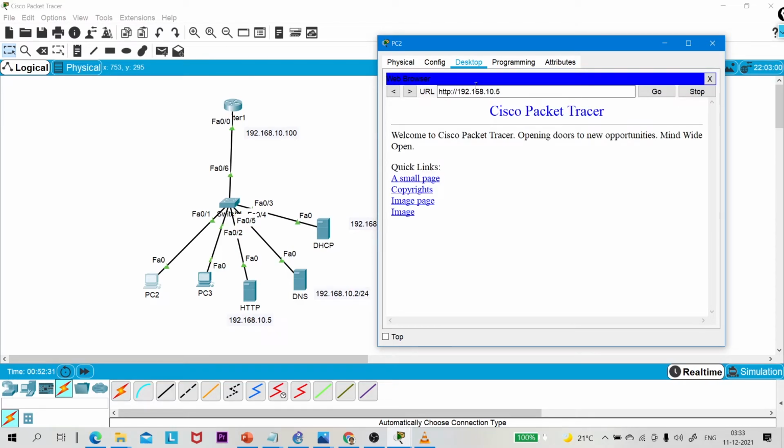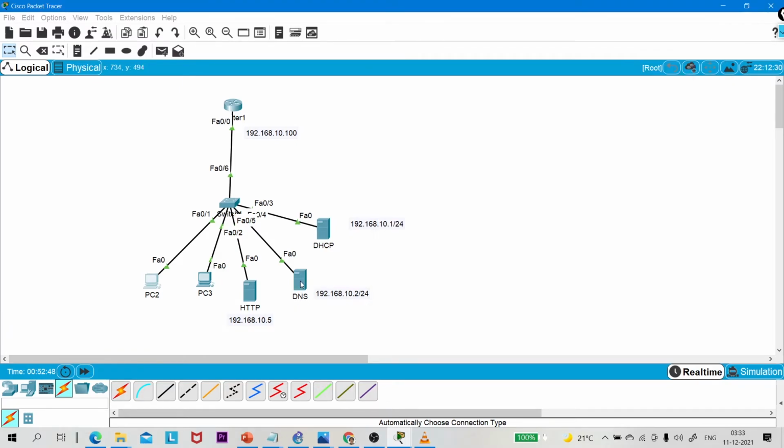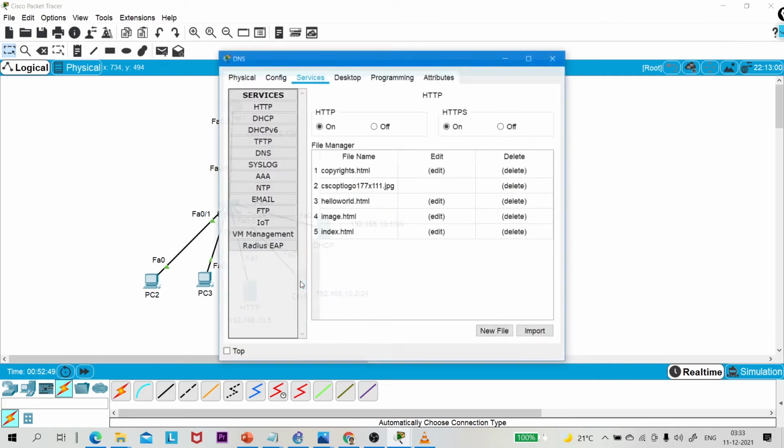So you can see through the IP address I am able to access HTTP, and through the domain name also I am able to access my website www.pmnetworking.com.